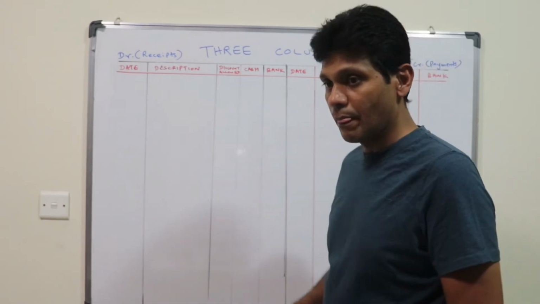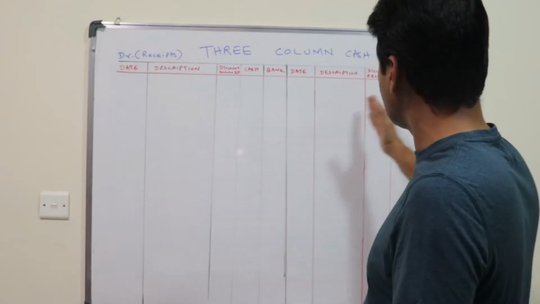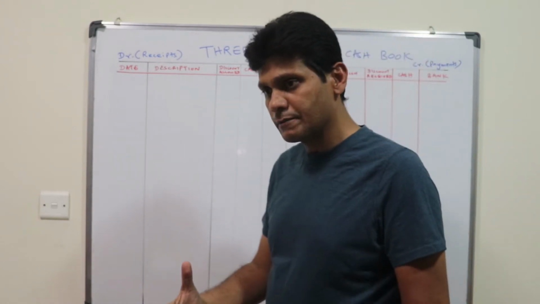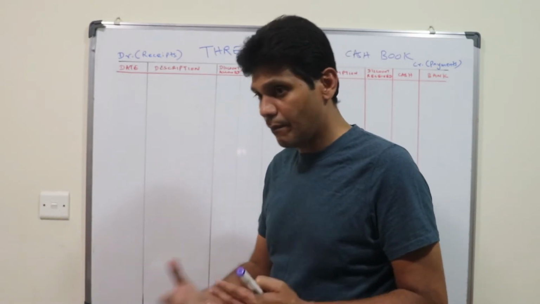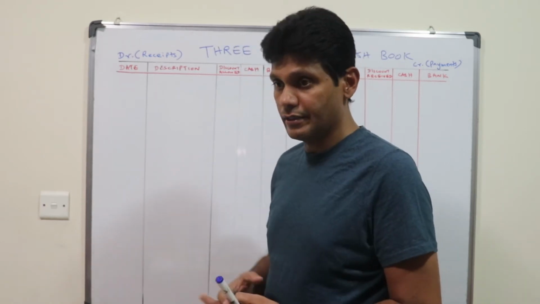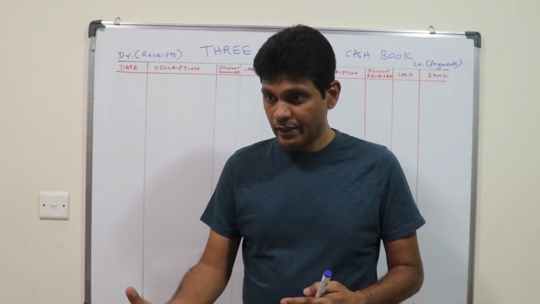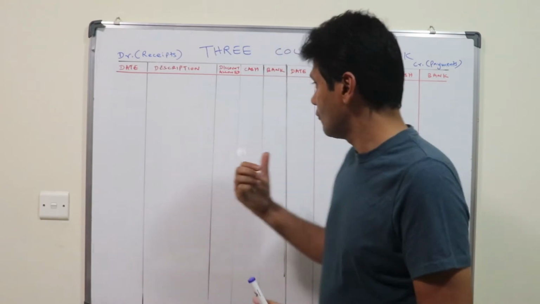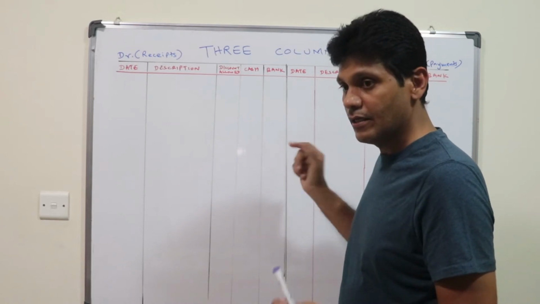What about the discount column? On both sides we have discount allowed and discount received. What do you mean by discount? For example, when you deal with customers and suppliers, you need to do transactions. If you purchase something on credit from a supplier, you need to pay for the purchases you have made. If you make a payment through the checkbook, it will be recorded under the bank column.